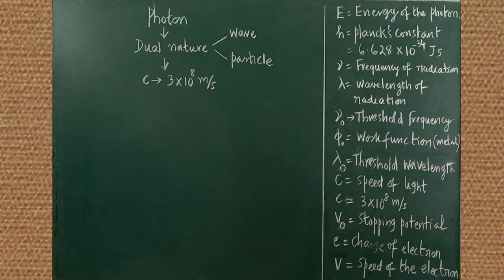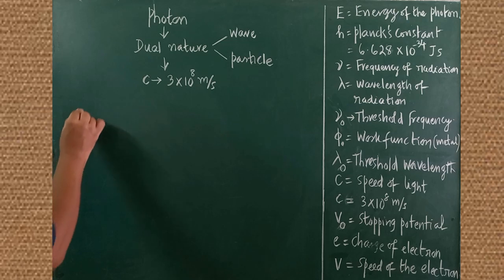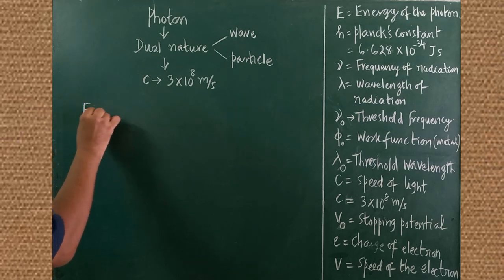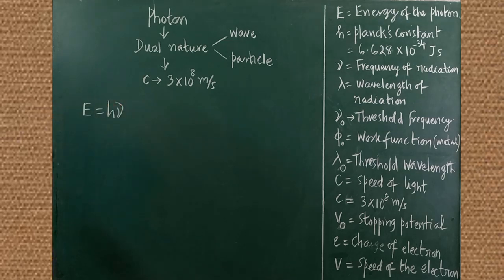First, you should know that photon behaves like a wave as well as like a particle. Definitely they should have frequency as well as wavelength. Are you clear? So the light particles, photons, they have energy. To calculate the energy, this is the fundamental formula: E is equal to h nu. So the formula starts right from here. This is the first formula related to photon. By knowing the frequency, we can calculate the energy.